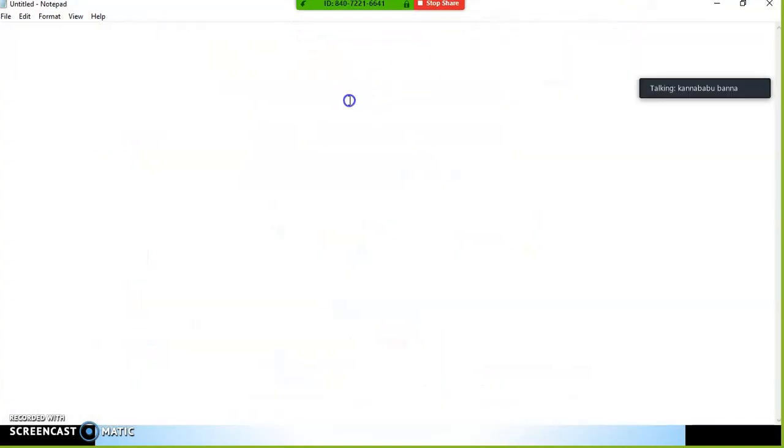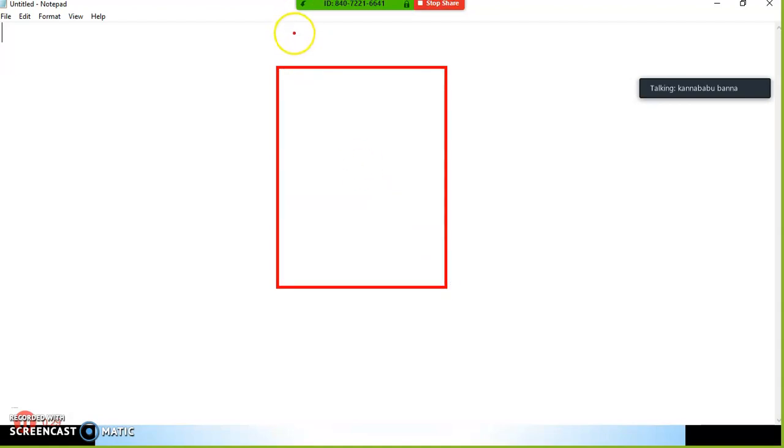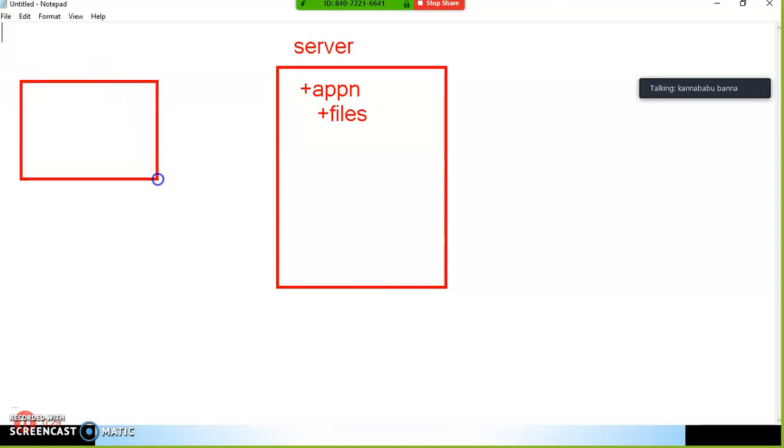We already know about web applications. Is it clear? A web application means an application that is deployed on a server and can be accessed via a browser and the internet. That type of application is called a web application. So after developing the application, we have to deploy it on a web server. The application consists of files. End users will access the application via a browser and the internet. This is your browser. Is it clear?